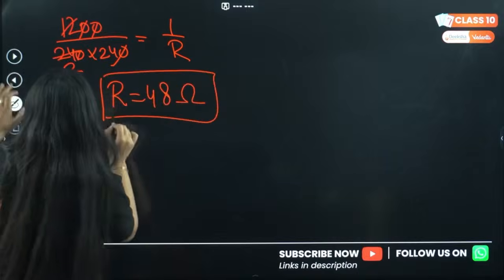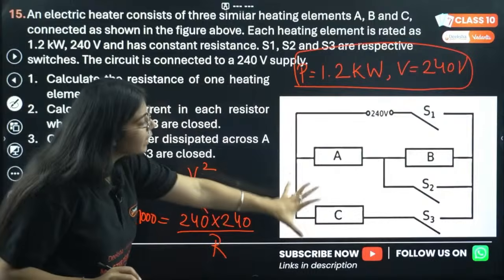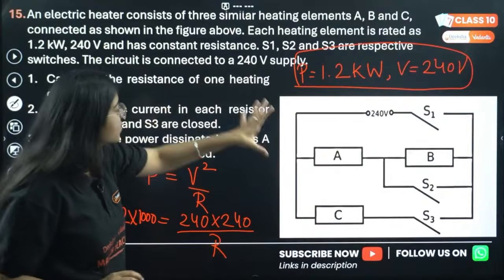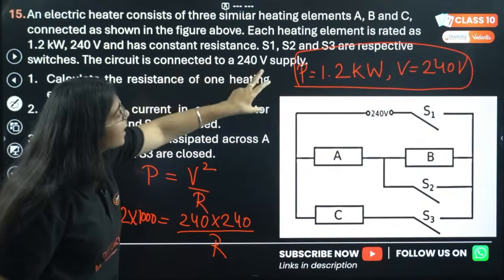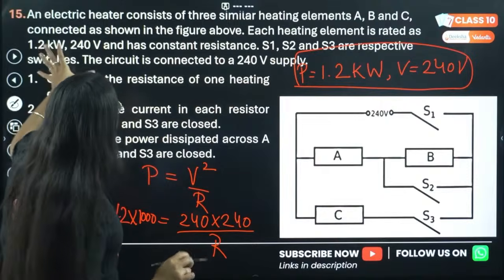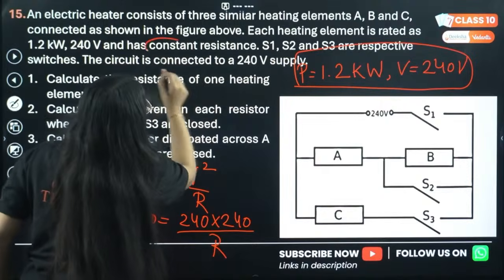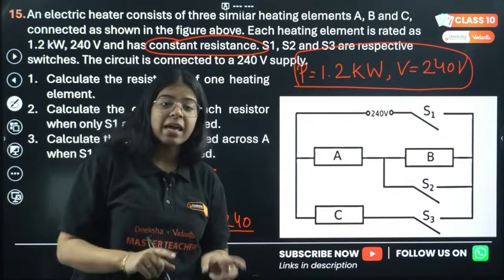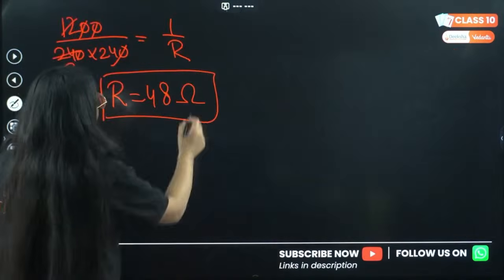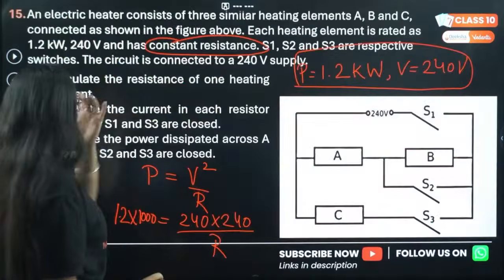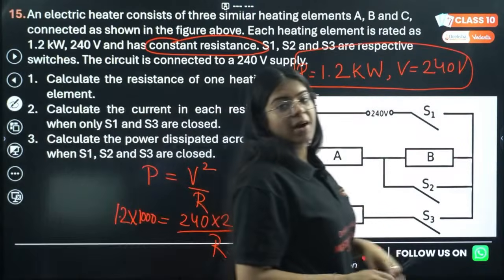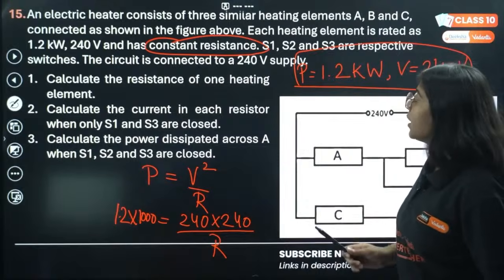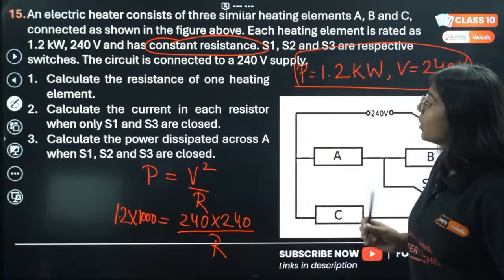These all three resistors are of the same resistance. It's given in the question: each heating element is rated like this and has constant resistance. So all these three elements have the same constant resistance, which is 48 ohm. The second question they have asked is, calculate the current in each resistor when only S1 and